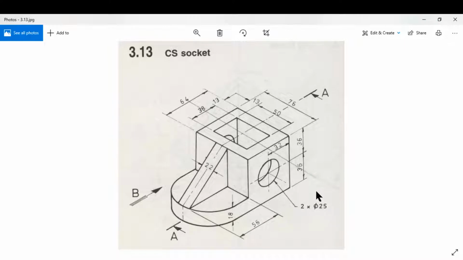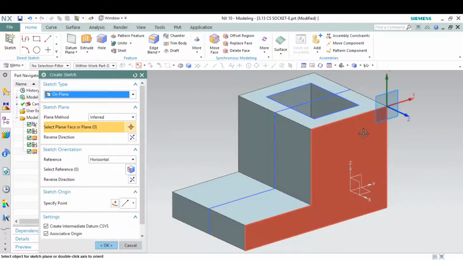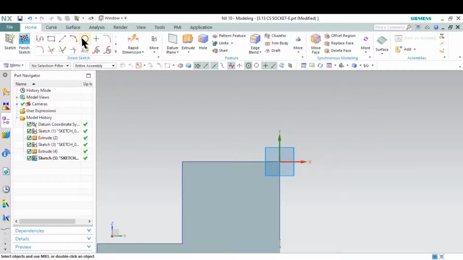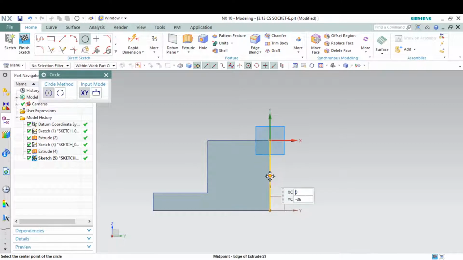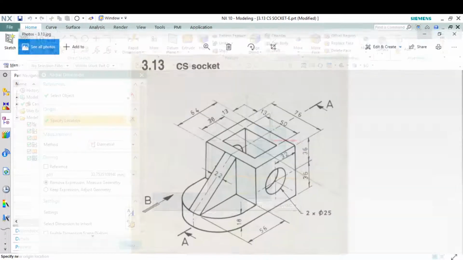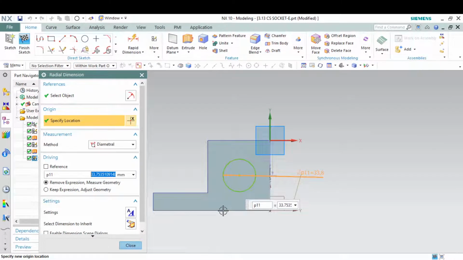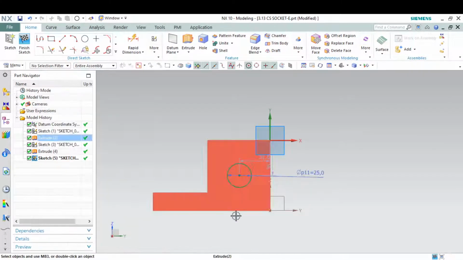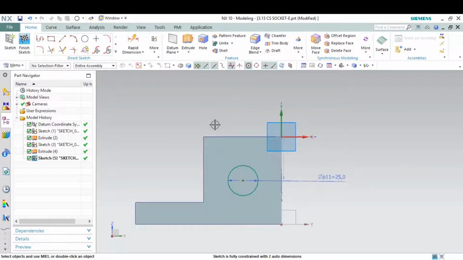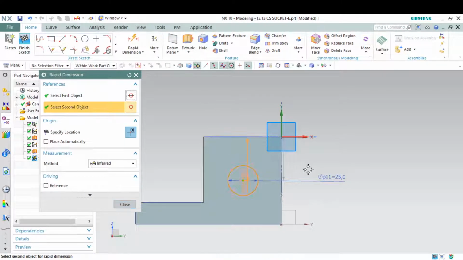The diameter is 25. Click this sketch, select this area, and then OK. After that, click this, and then from this to this, give the dimension 25. Enter, and then click D on your keyboard, click this area to this,